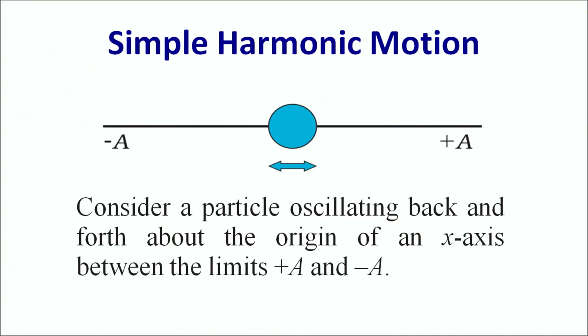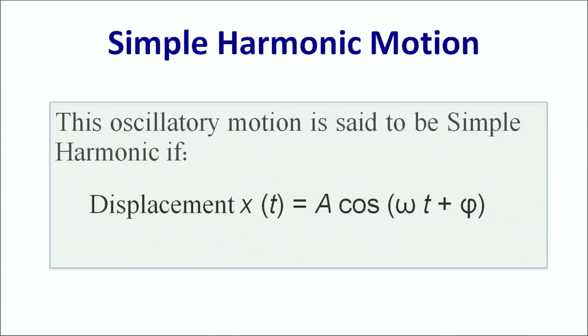To define SHM, consider a particle oscillating back and forth about the origin of an x-axis between the limits plus a and minus a. This is shown in the figure. Since this is a to and fro motion, this oscillatory motion is said to be simple harmonic if the displacement as a function of time is given as a cos(omega t plus phi). Thus, simple harmonic motion is not any periodic motion, but the one in which the displacement is a sinusoidal function